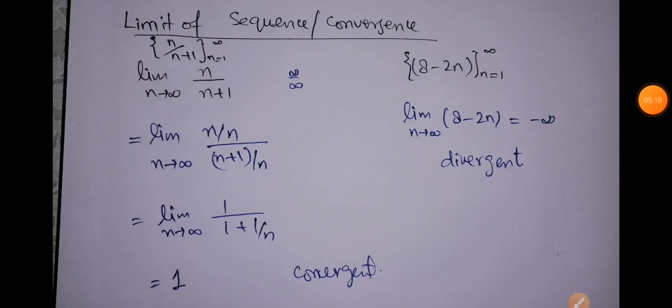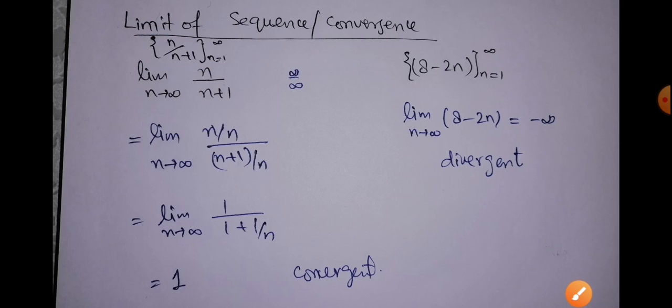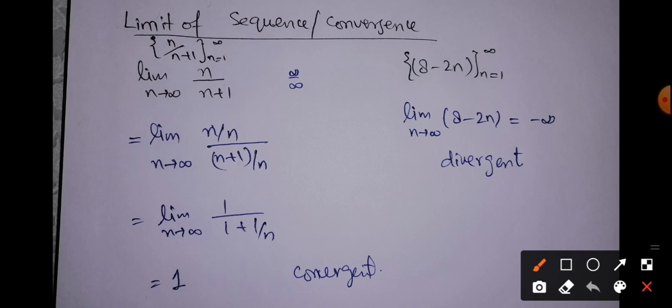So here you can see in this example that we are given a sequence. This is a general notation to represent a sequence. For example, if we have to represent 1 over 2 power n as a sequence, I will write it in terms of curly brackets with n varying from 1 to infinity. That is, we are talking about a sequence, and the terms start from n is equal to 1, 2, 3 and so on. So here we have a sequence, and we have to check whether this sequence is convergent or divergent.